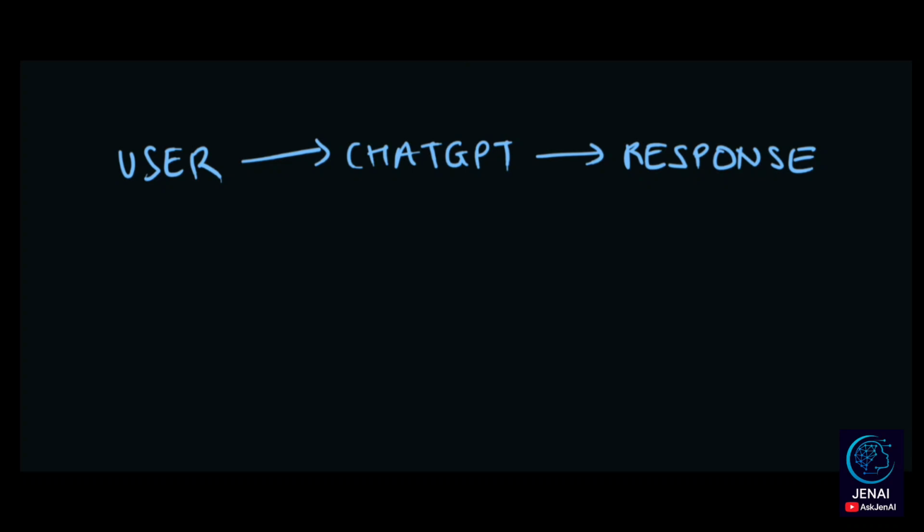But real business workflows are more complex. Organizations often need AI systems that can perform multi-step tasks. For example, processing hundreds of documents, extracting structured information, storing that information in databases, and generating reports or summaries. A simple prompt response interaction cannot handle this type of workflow. And that is exactly where agentic AI becomes important.